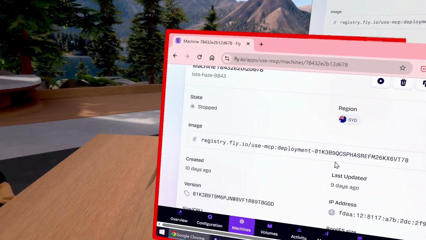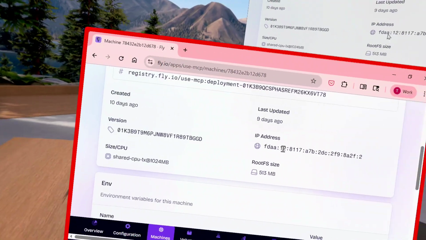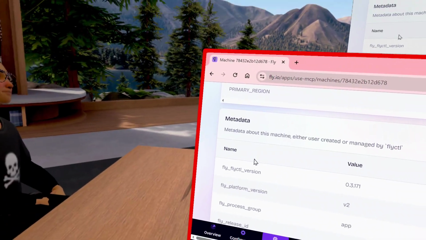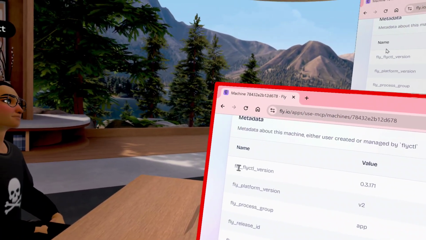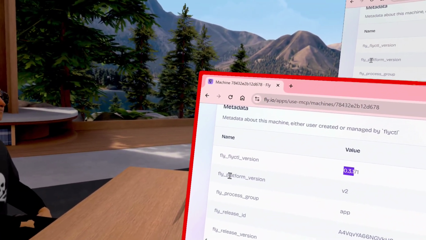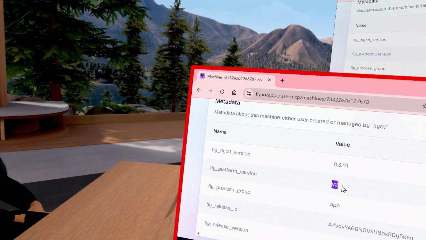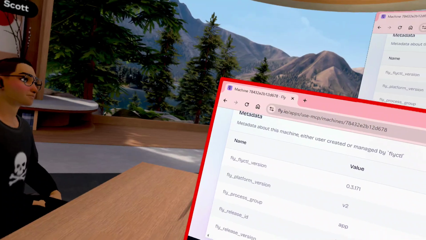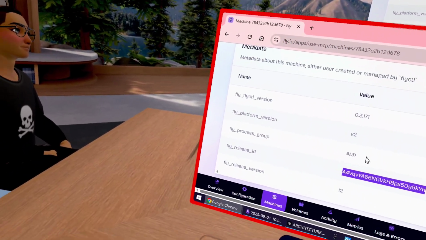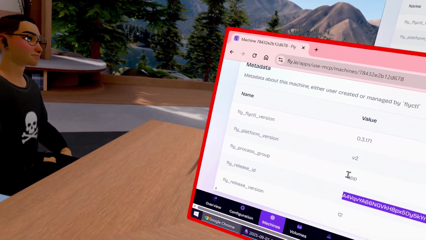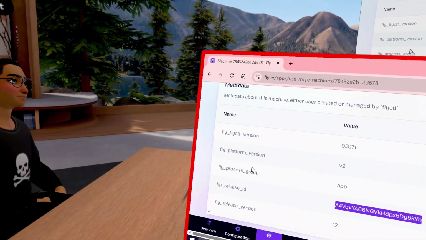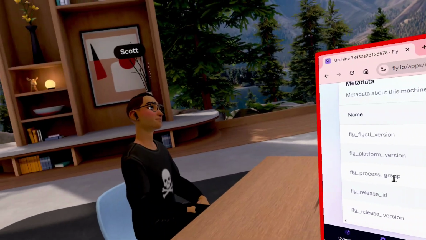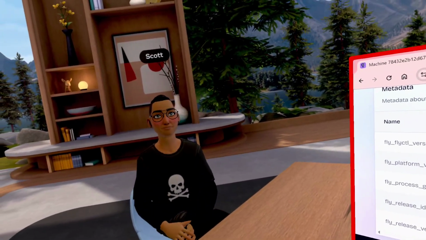I don't think you can see the metadata here. Yeah, here it is, metadata. I can add extra name-value pairs to the machine metadata. The shortcoming of that for us, and why we need Artifact long term if this model works out, which I really hope it does, is that if the machine dies, the metadata dies, and so the proc tree has a hole in it or a fault.